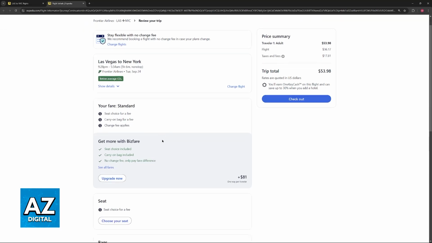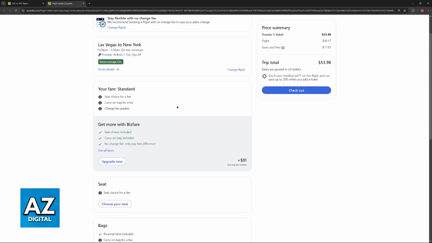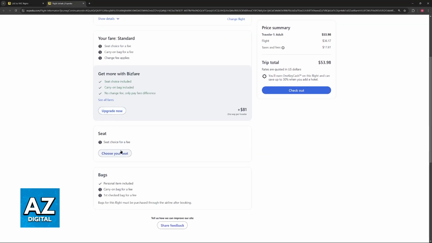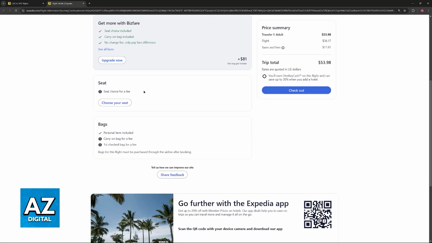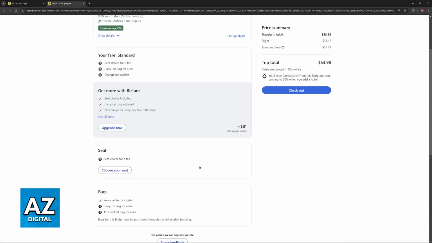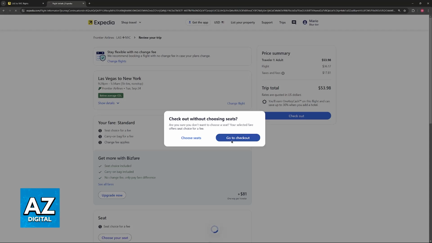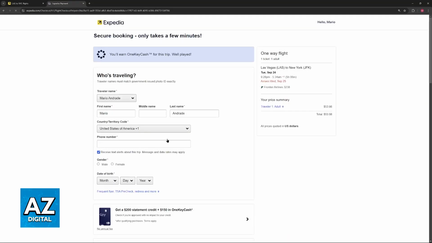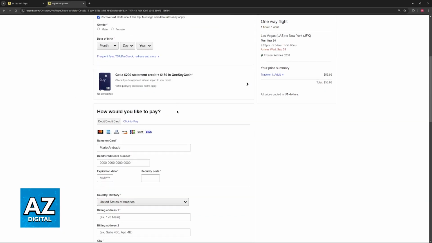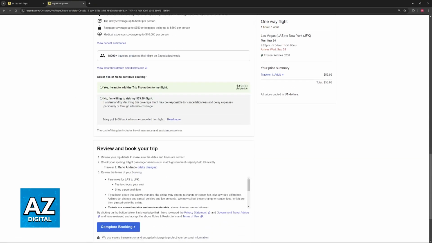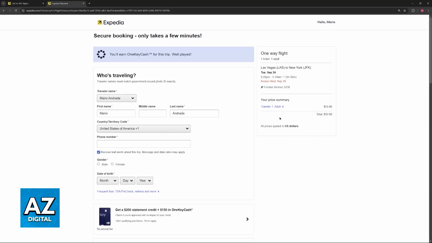Now, you will see all of the additional options. So you have the fare, and then you can add seats. If you pay an additional fee, you might be able to get one with more leg room and so on. And then you can get additional bags. Click checkout, go to checkout, and now you will be able to browse through all of the payment information. You will be able to confirm your contact information and get this process done. The flight will be attributed to your account, and you can access the information whenever needed.